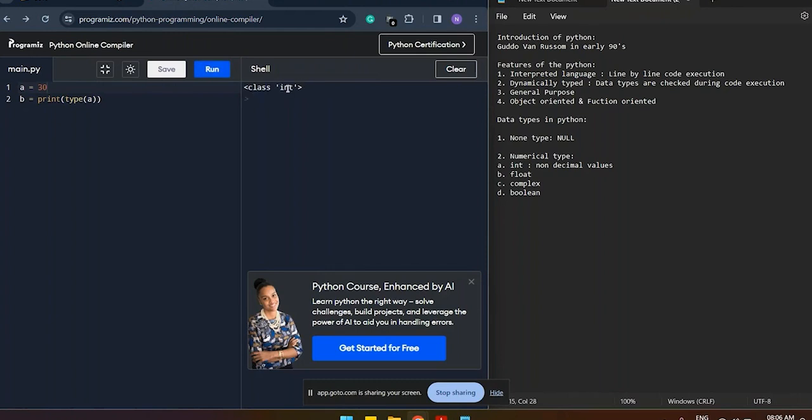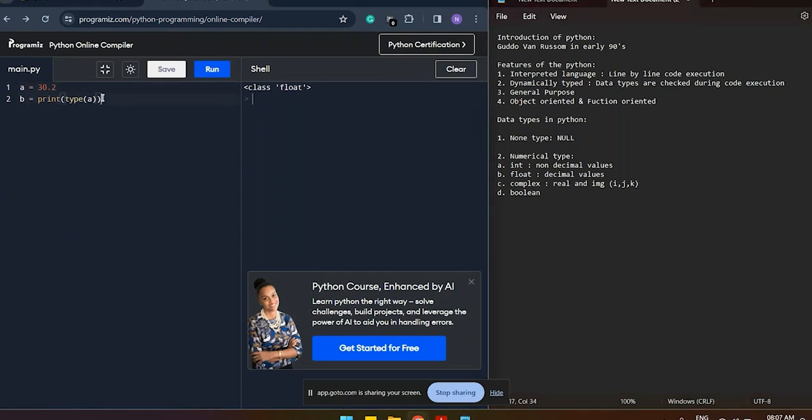Those are the integer values. In the float, we have decimal values. If we add any decimal value here, that is a float value. Complex is basically real and imaginary.